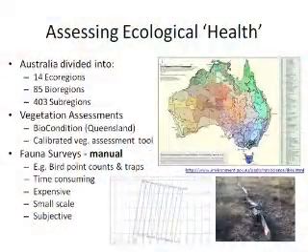In order to assess ecological health, there's a general movement now towards calibrated assessment tools. Within Australia, unfortunately, each state seems to have its own tool, although they are talking to one another at least, which they don't do about everything. The tool that they use in Queensland in particular is one known as BioCondition. This is a calibrated vegetation assessment tool that starts off with some remote sensing and some geological information to get an overall picture of the environment. The rest of it is done through on-the-ground surveys.